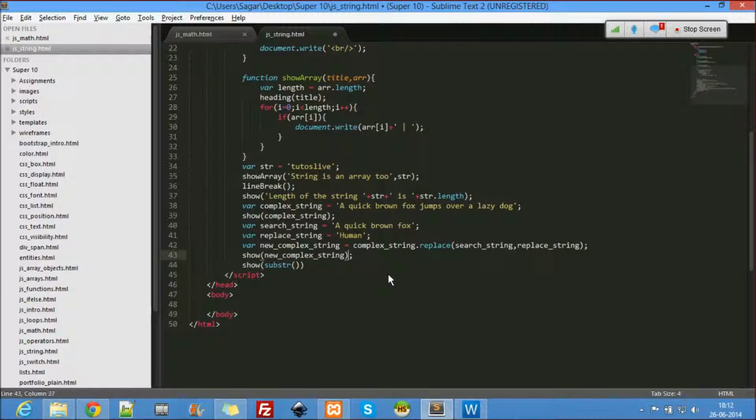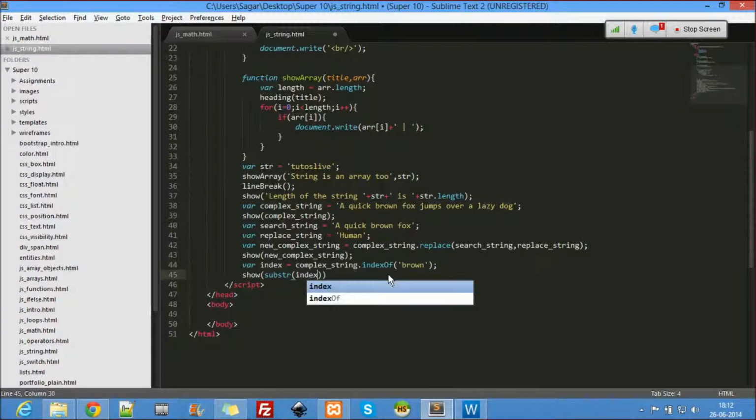I want to find the index first: complexString.indexOf("brown"), index comma some 10. So let's see what substr will give us.